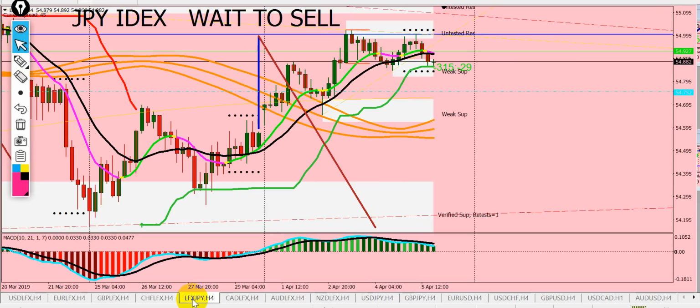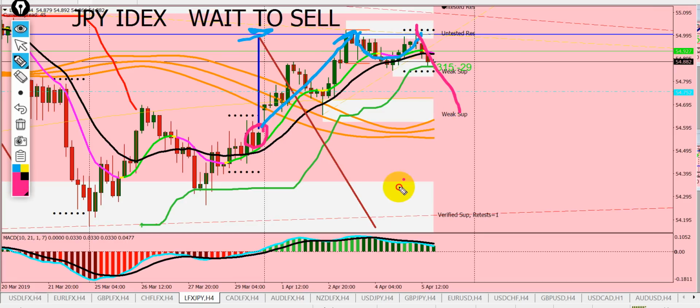The next index is the JPY. If you remember, last week I told you all the JPY pairs are going to fly up because of the China trade deal, to this level, and then they're going to come down. Exactly as you can see, it did go up from here. This was last week. I said to this level, and it did go to exactly the same level. You can see it made a double top and is just about to bounce back down.